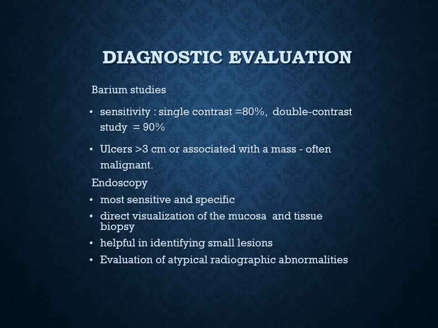Diagnostic evaluation. Barium studies of the proximal GI tract are rarely used as a first test for documenting an ulcer. The sensitivity of a single contrast barium meal for detecting DU is as high as 80%. With double contrast, it will be as high as 90%. Sensitivity for detection is decreased in small ulcers less than 0.5 cm, with the presence of previous scarring, or in post-operative patients.